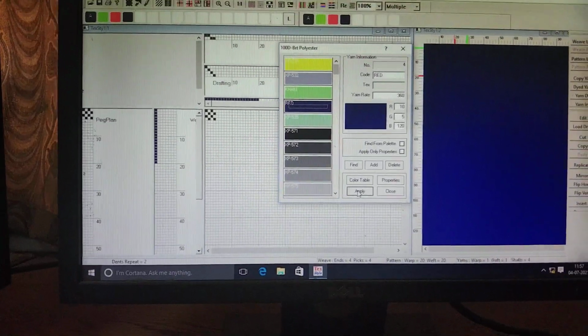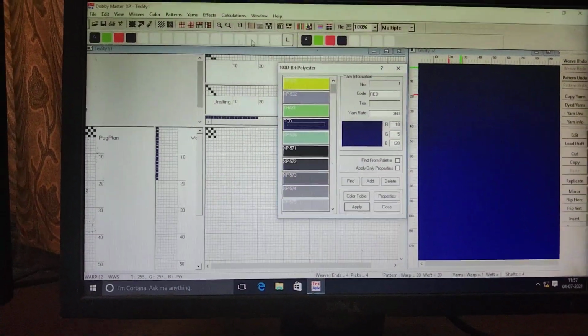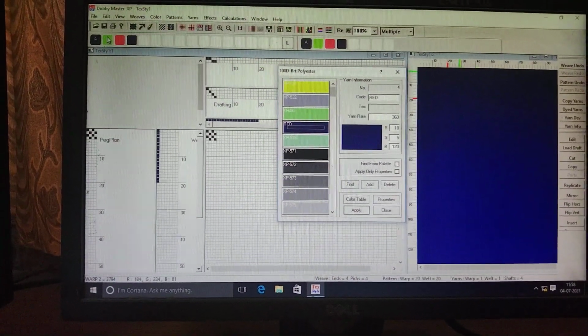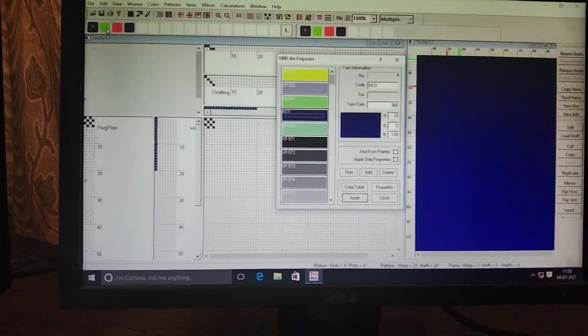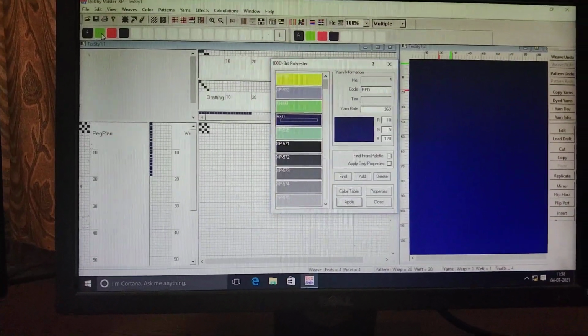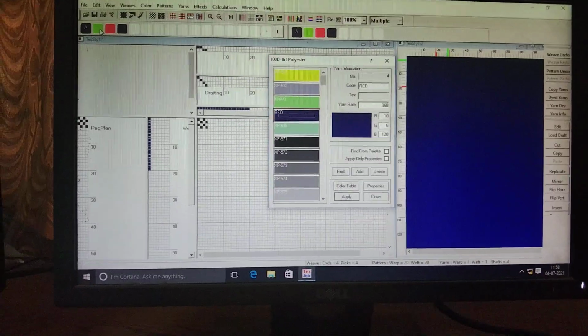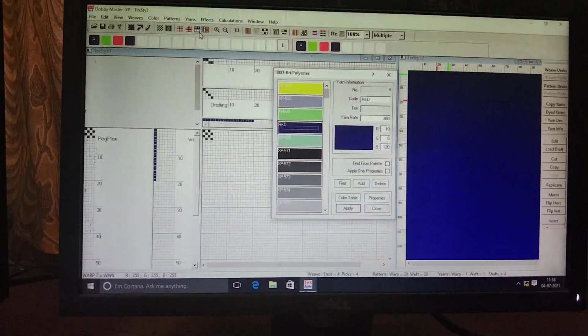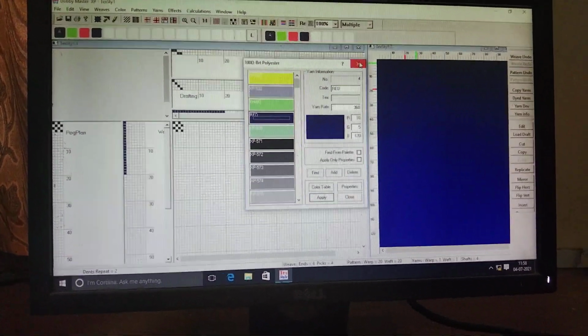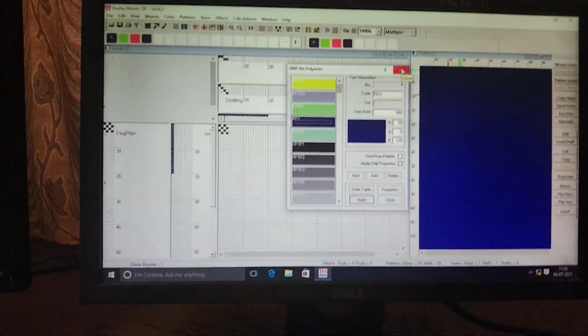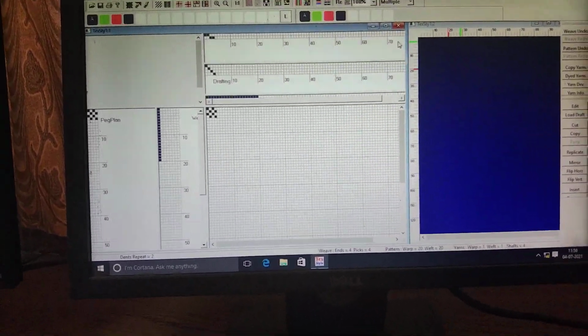Apply. See, the first color position has changed. Now the second color I want the same, so I can take the same green. If the work is completed, I close this.